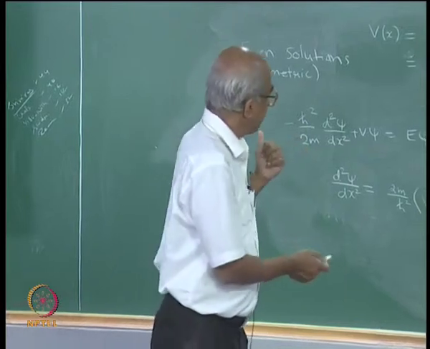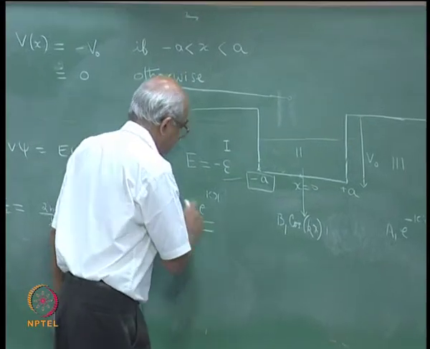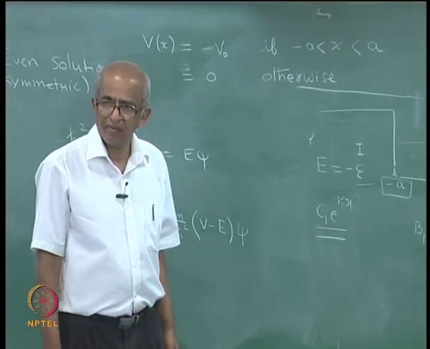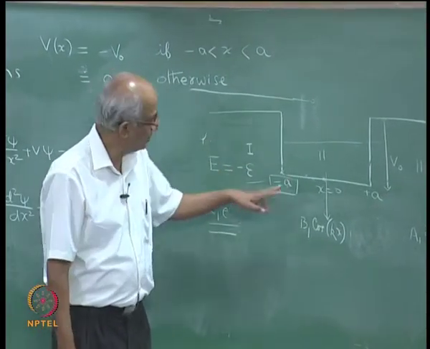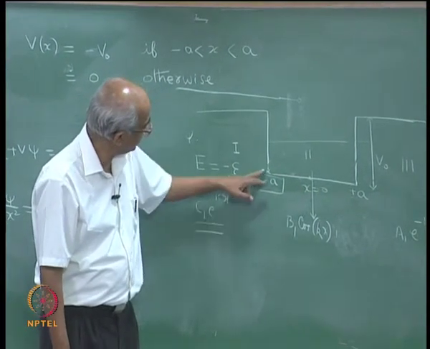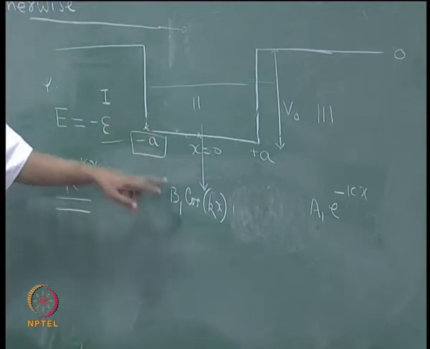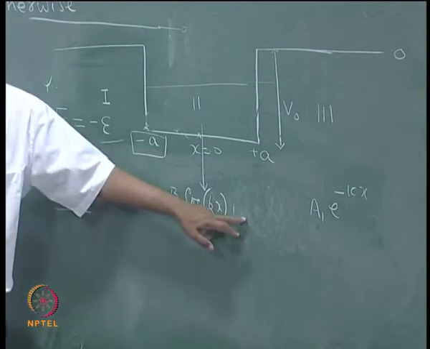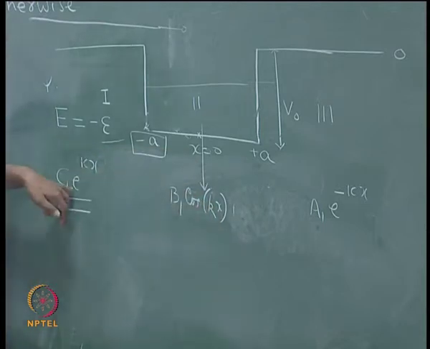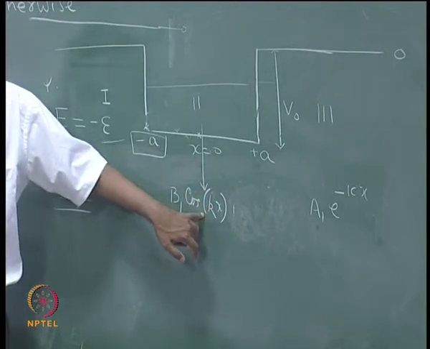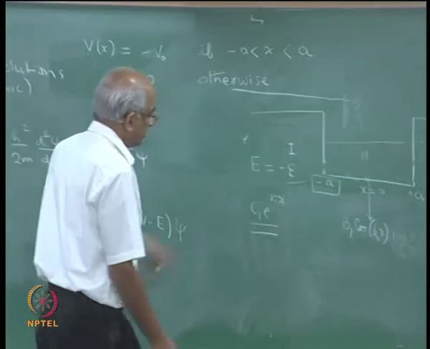So, what does that mean? It means that if I evaluated the wave function at this point using this formula, this is the wave function that is appropriate for this region. So, even at this point it is valid and I can evaluate its value at that point using this formula. I can also evaluate the value of the wave function at this point using that formula, and if the function is continuous, what should happen? The answer that I evaluate using this must be equal to the answer that I get using this, otherwise the function will not be continuous.